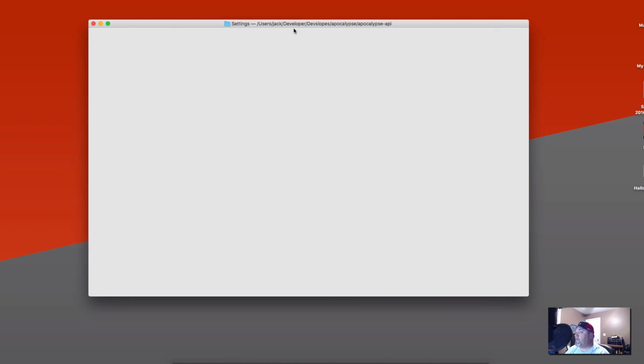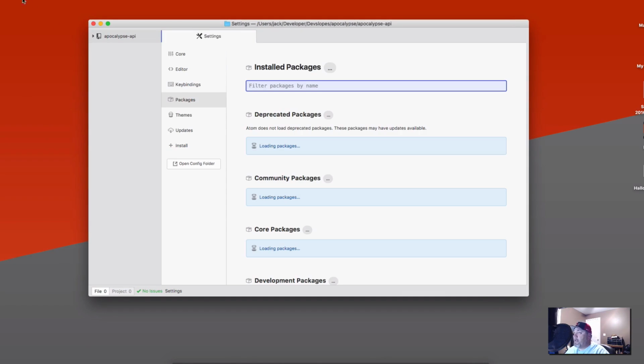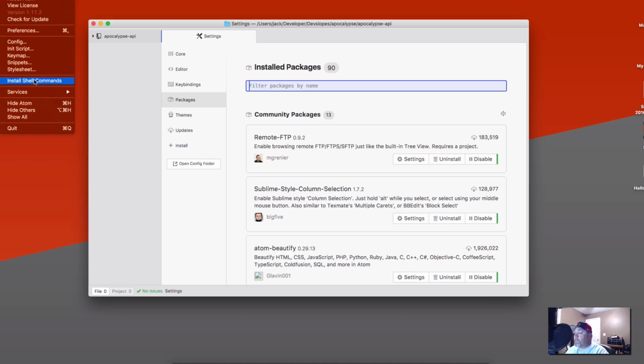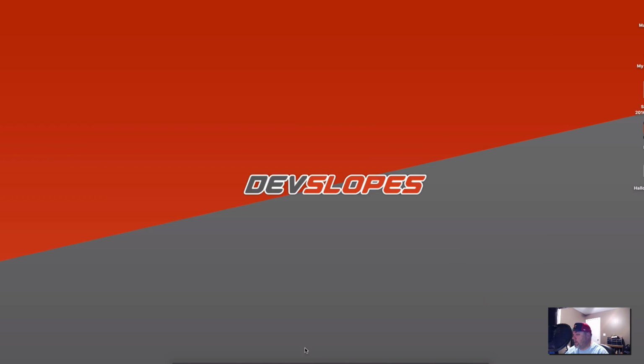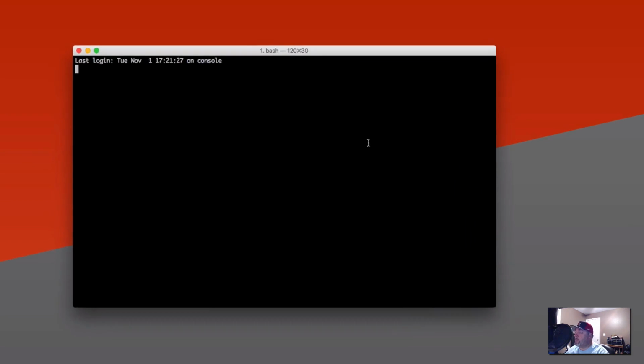Once you get Atom installed, one of the neat things about it that I really like, if you click on the Atom menu up here, you see this Install Shell Commands. If you go ahead and install the shell commands, I've already got them installed here. But if you do that, from anywhere in your terminal,